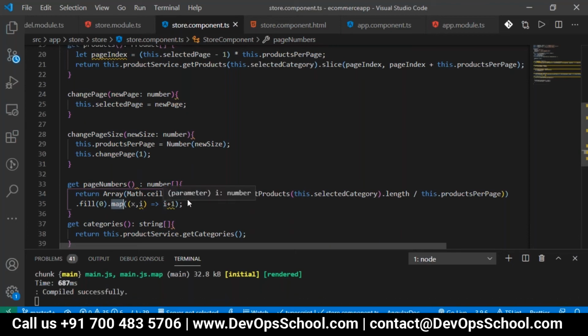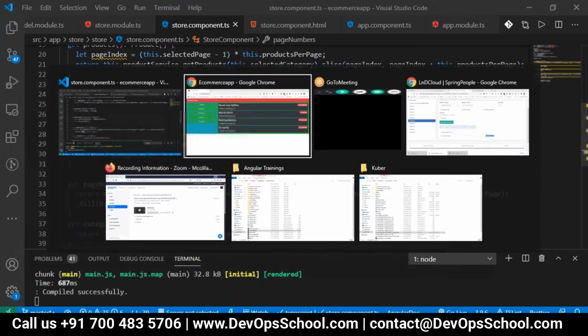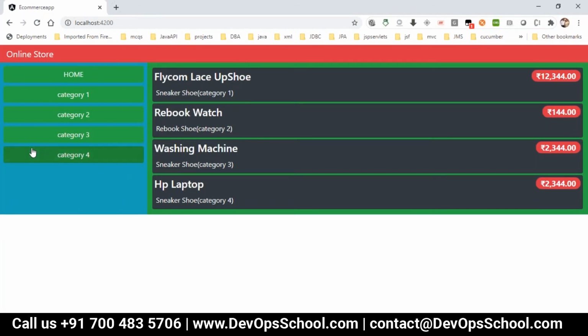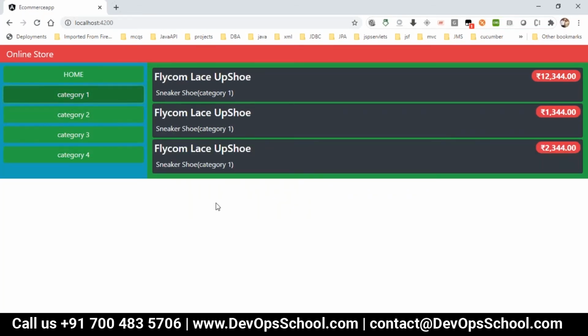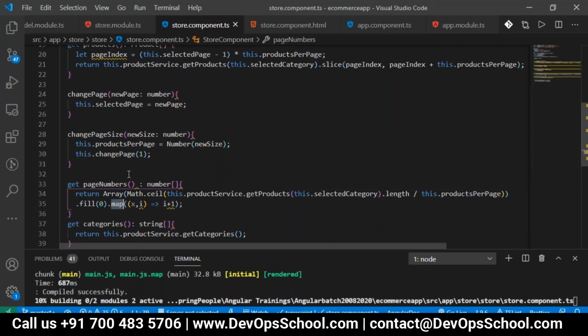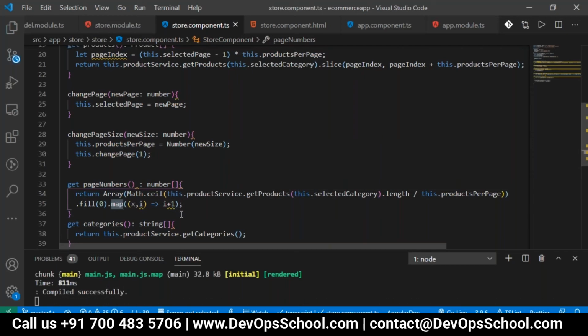So we have just done that, but we don't have any pagination methods ready yet, and we should get some buttons or icons to do the pagination, right? So we have to do it in the front end now. This method should be called in the front end. Once you have completed it, I will add it to the component HTML.